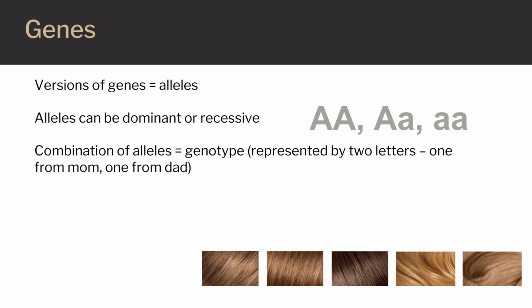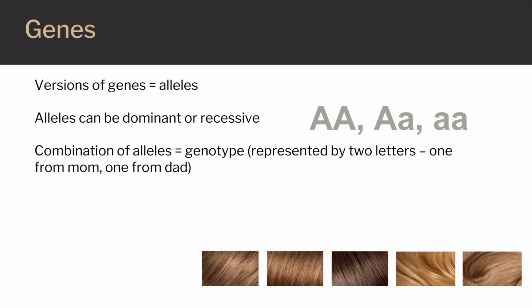Genotypes can be homozygous or heterozygous. A homozygous genotype means that the person inherited the same version of the gene, same allele, from both parents. In our example, if one inherits a capital A from mom and a capital A from dad, the genotype will be capital A, capital A. Since they are the same, it is a homozygous genotype. The same would be true if one inherits two lowercase a's. However, if one inherits a capital A from one parent and a lowercase a from the other parent, then the